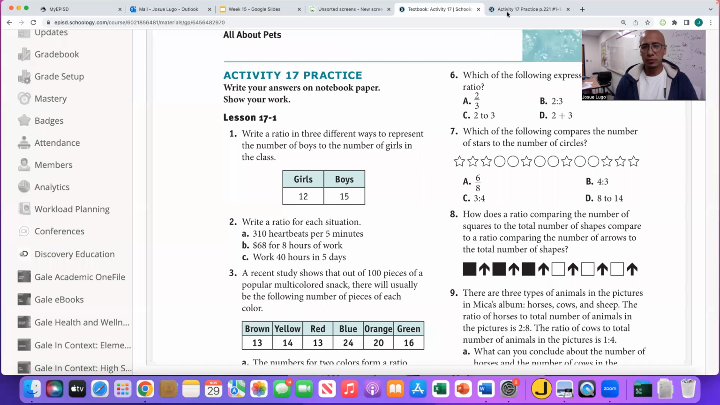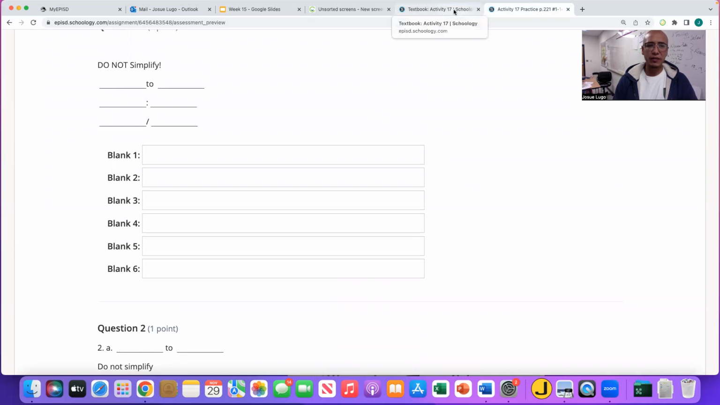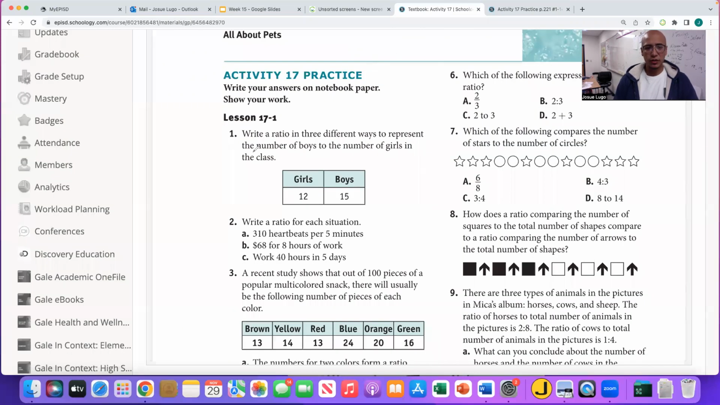For example, if we open up our submission, we see that we have to do number one, and we have to write a ratio three different ways. Now remember that there's always three different ways of showing a ratio. We have a fraction. For example, I could have 1 to 2. I can write that using a colon, 1 colon 2, or I can write it as a word: 1, the word to, and then 2. Now, obviously, that has nothing to do with number 1, but this is just the three ways of showing a